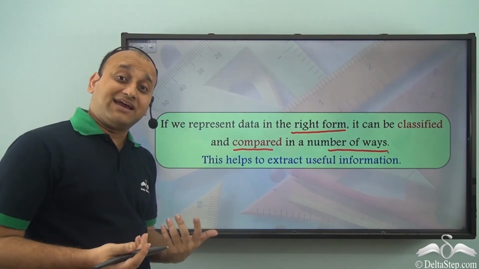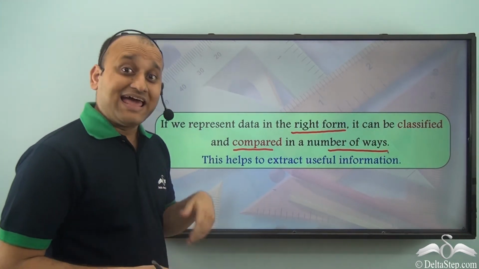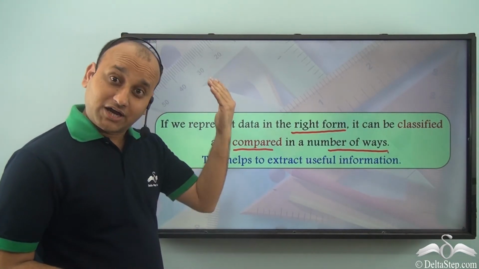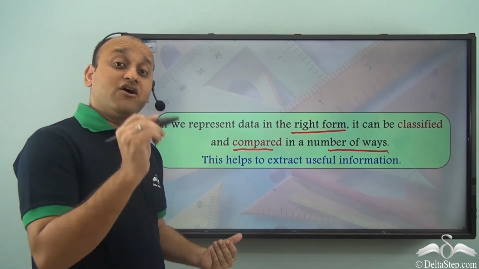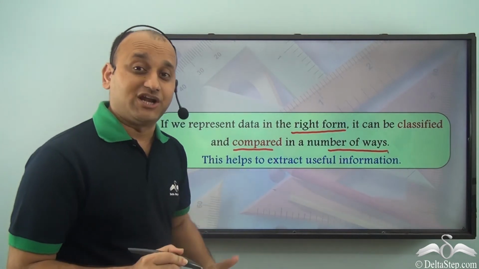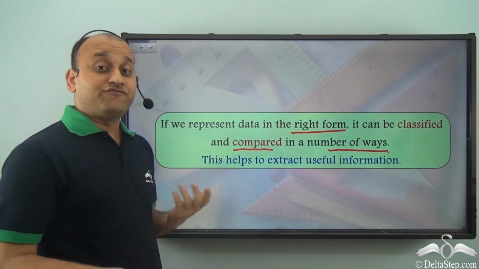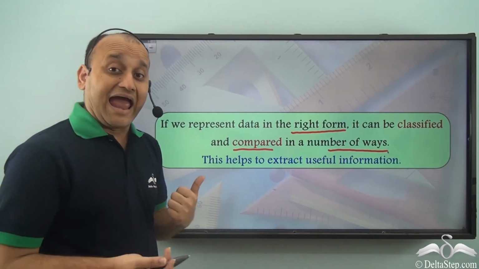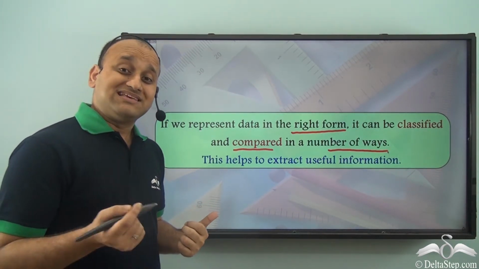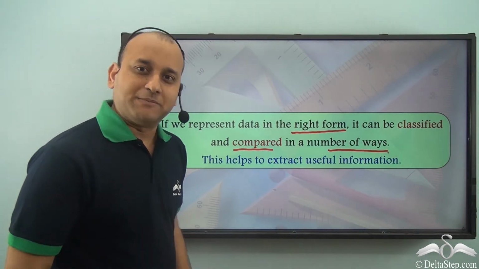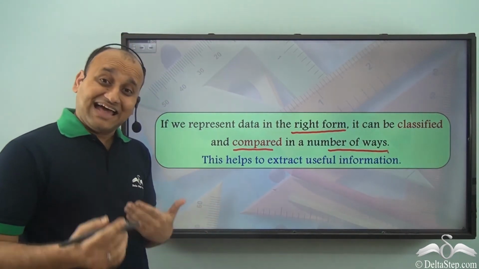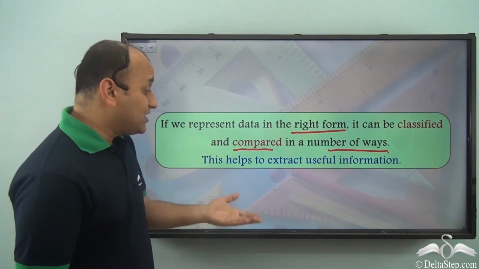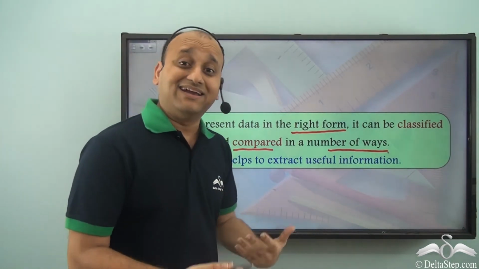So Sam had collected the favorite colors of friends, and then he made a new list in which he had mentioned the colors and the number of friends who like each color. And from that, you could find out which color was loved by most of them and which color was liked by the minimum number of people in that list. So that is how you can actually extract useful information.